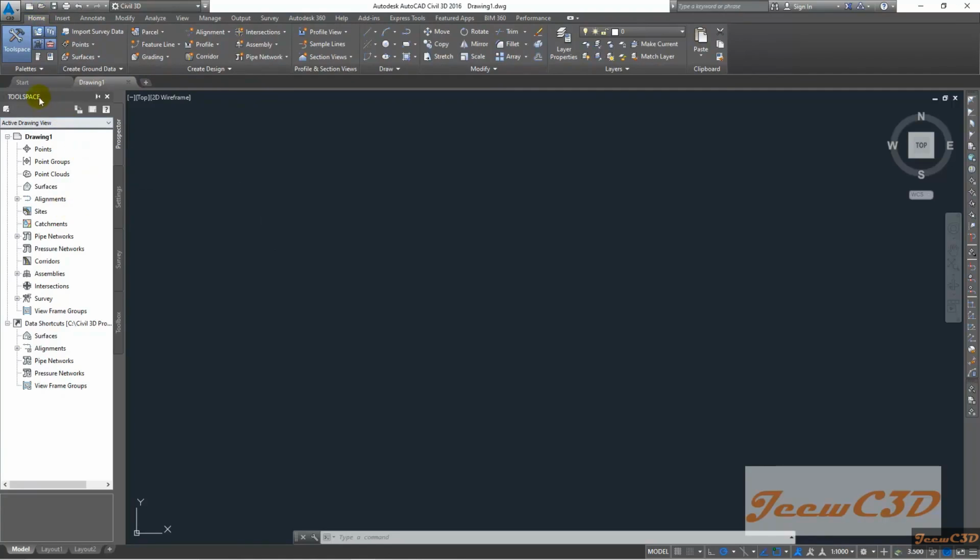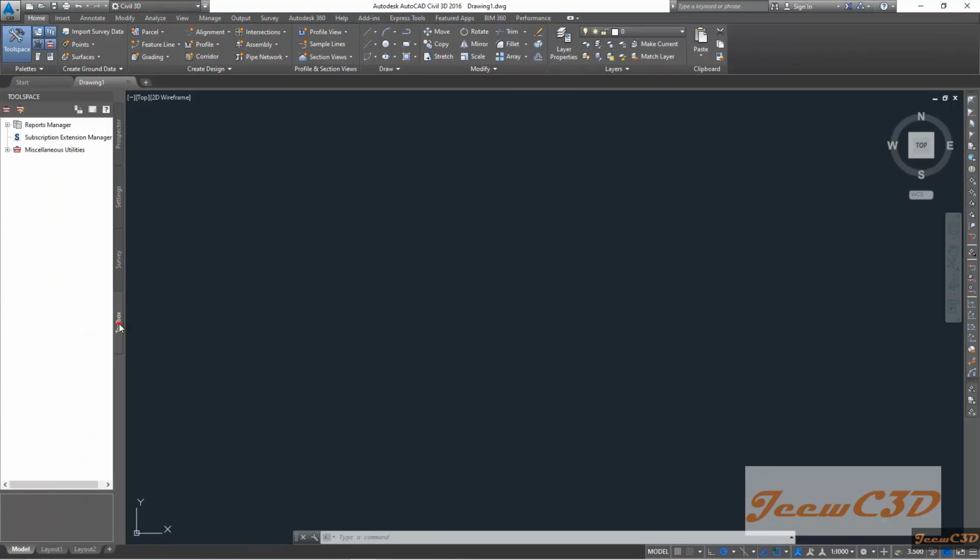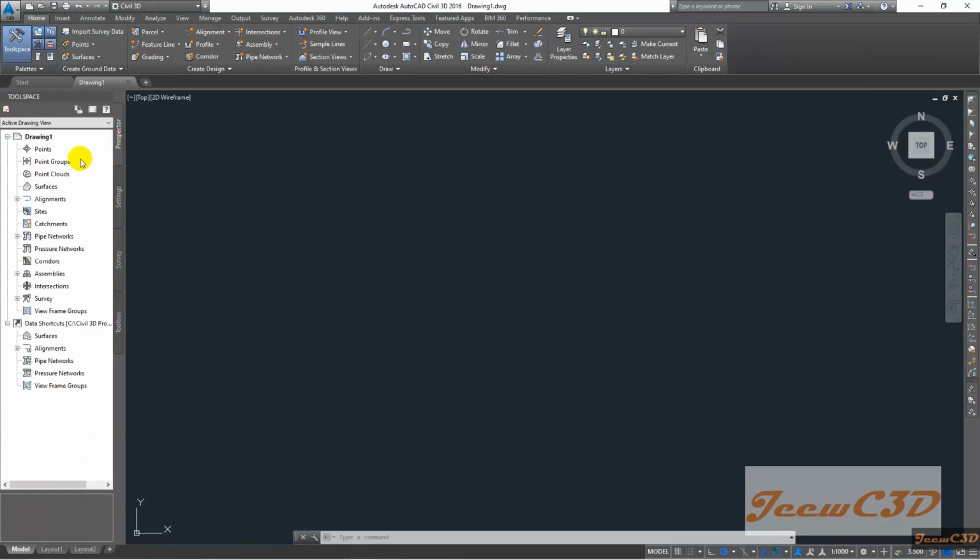Then this one is called the tool space. This is where you have all the tools and data stored in Civil 3D. You can access all the stored data and settings in this tool space. In the tool space you have 4 tabs: Prospector, Settings, Survey, and Toolbox. In the Prospector tab you have all the data inside. You can view all the data within the Civil